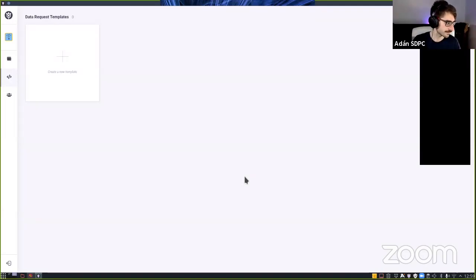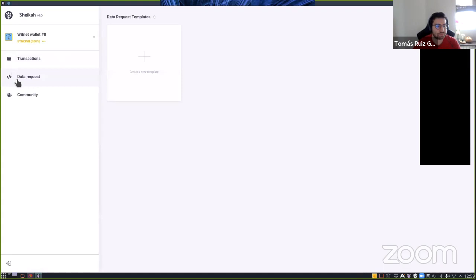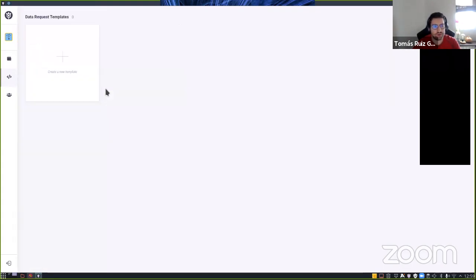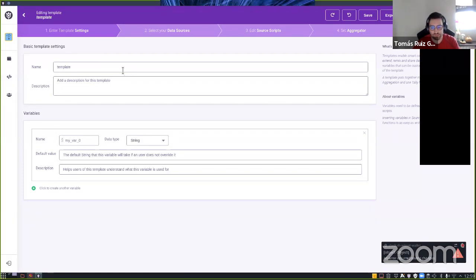Yes. Okay, so in this demo, I'm going to show you the new Sheikah data request editor and how to compose a data request. Once you have created your wallet, you can go to the data request section, and from here you can import a data request that you already have, or you can create a new one from scratch. We are going to create a new one from scratch to get the last Bitcoin block. First, we have to add the basic information for the template. For instance, we're going to write